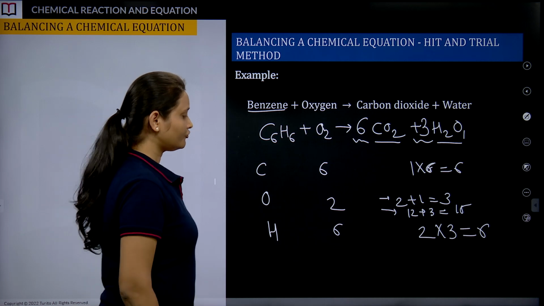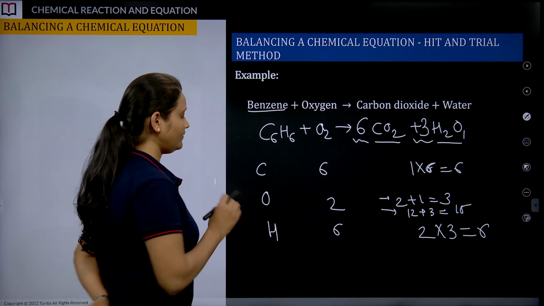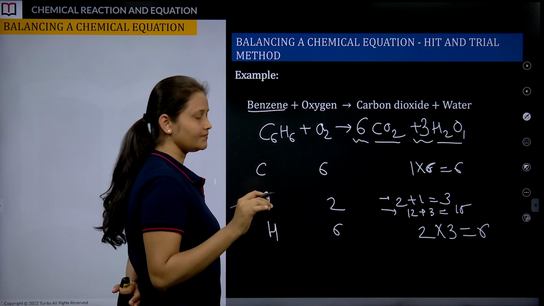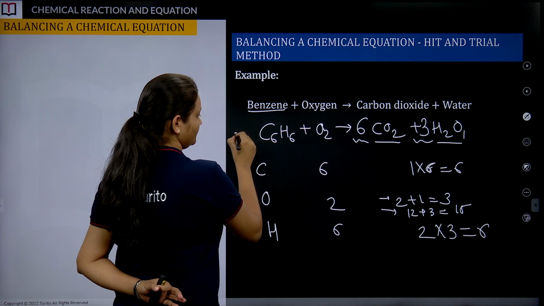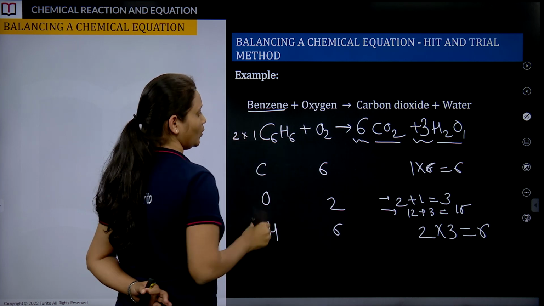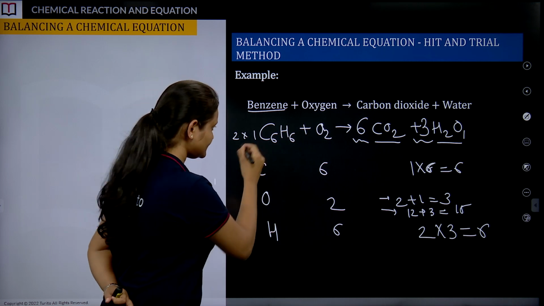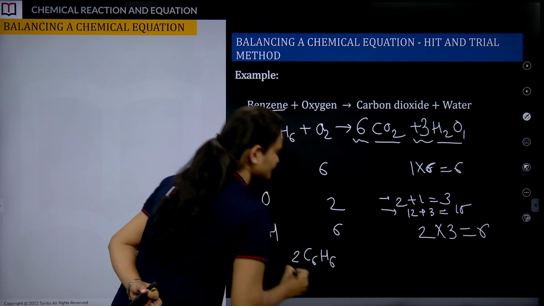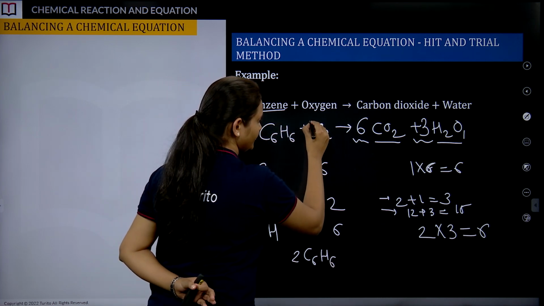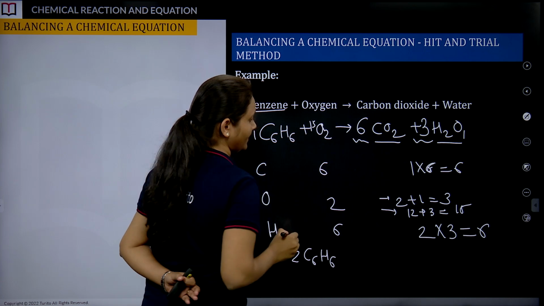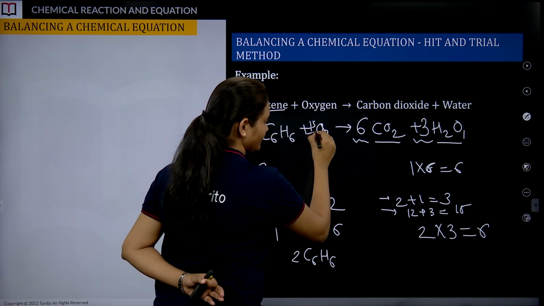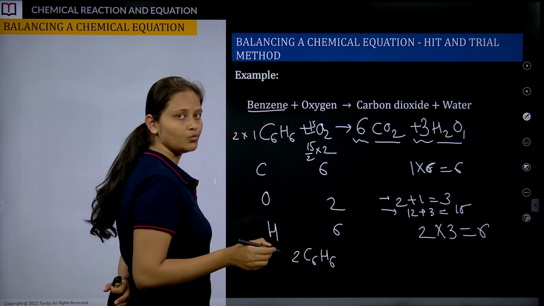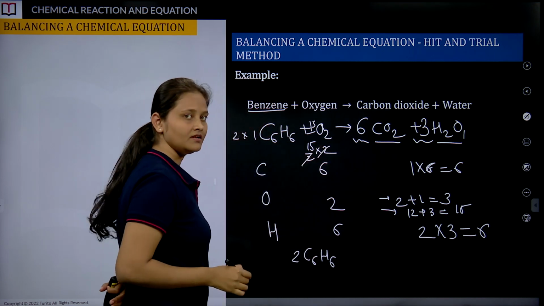Okay. So, now here is the trick. We are going to multiply the whole equation with 2, okay. That means 2 into 1, that is nothing but 2C6H6, okay. Now, here is the trick. We are going to write something like this, okay. 15 into 2, divide and multiply by 2, which is going to get cancelled,